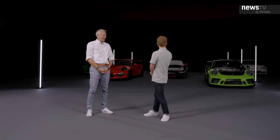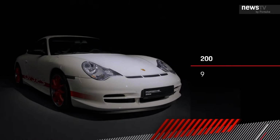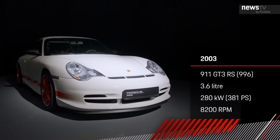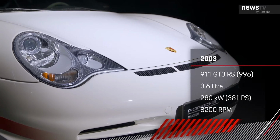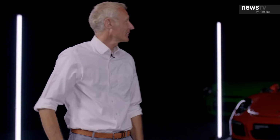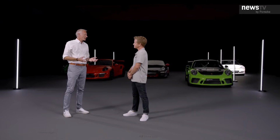So as soon as I walk in, there it is, the 996 GT3 RS. Yes. The car that we both started this company's tenure with. An amazing, amazing car. So close to the car that I drove on the racetrack. But then it got interesting. Well, the first 996 RS was a homologation special to homologate parts that we needed in the race cars that you were driving back then. In this case, it was steering knuckles and some suspension parts, and we built a whole new model around it